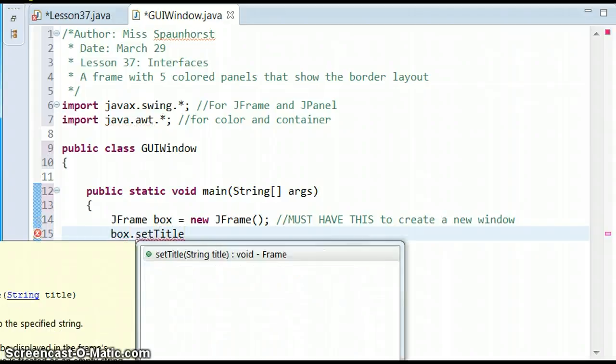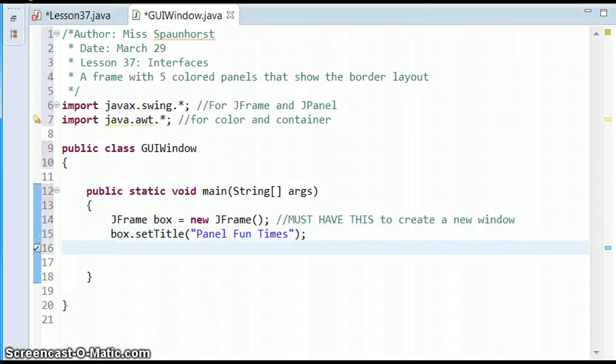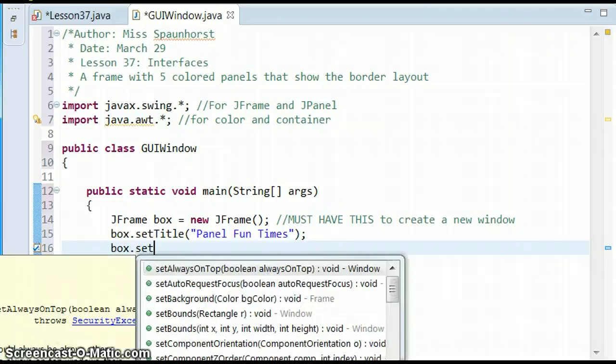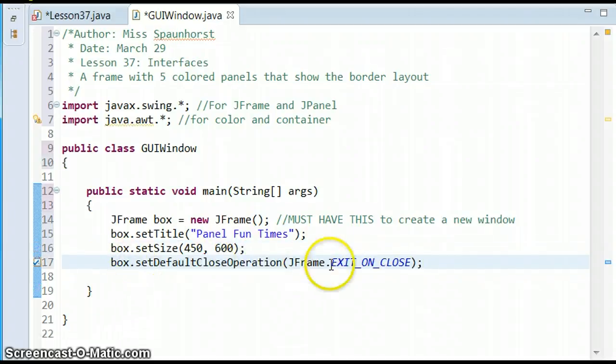And we're going to name it, so box.setTitle, and we're going to name it whatever you want to name it. You're going to set the size, so box.setSize. We can make it a little bigger than we did last time, so like 450, maybe 600. And don't forget to let your user close the window. So these are just the typical things that you have to have whenever you create a GUI. So you have to have a title, it has to have a size, and you have to be able to